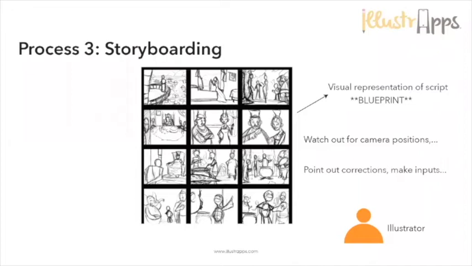At this point, you also want to make corrections. This is the point where you make corrections. If you don't like how the characters are represented in terms of the camera angles, you take note of that at this point. You also want to make your own inputs. And remember what they say about a picture speaking 1,000 words. If what you have here does not directly represent the volume of text that you have for each scene, you also want to make a correction at this point. So this is very critical for you. The storyboard phase is where you make corrections, you ask questions, and get the opinions of others if you have to, because it's important.